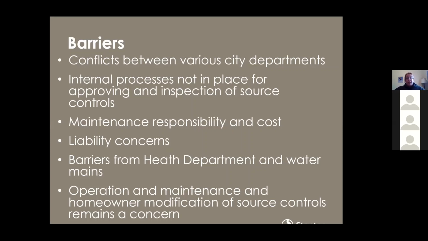There's still discussion about maintenance responsibilities and costs, whether that's going to be borne by the private landowners, or, if there's a regional facility, who is responsible for that, and then also what budget is going to come out of that. That goes back to that interdepartment conflict. Everyone has their own budget, and stormwater can't start putting demands on maintenance's budget. There are liability concerns,